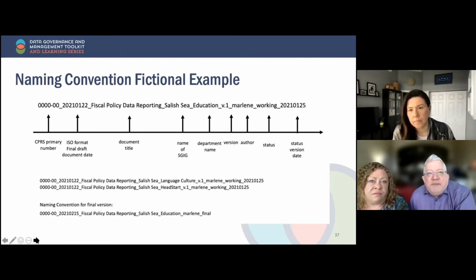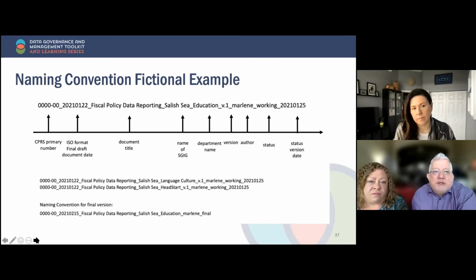Now the file name for this data reporting record has 95 characters. Most computer systems have a limit of 256 characters for the file name. So that's done so that the system can properly save the record and make it available for future retrieval by the seeker. It's a best practice for you to keep your naming convention character lengths as short as possible. The slide also shows how you could create naming conventions for working records and the finalized records. The key takeaway with naming conventions is they're highly customizable by department, by organization, and they're very flexible and a very powerful tool to access electronic records.